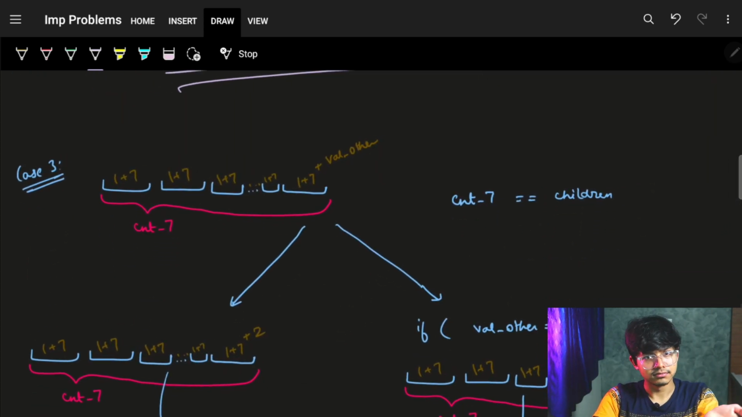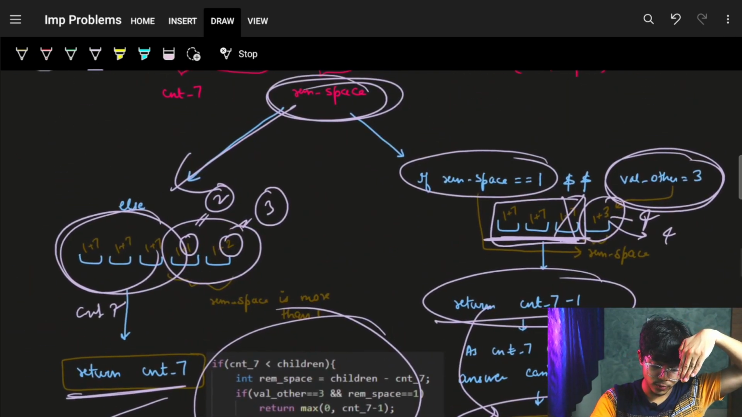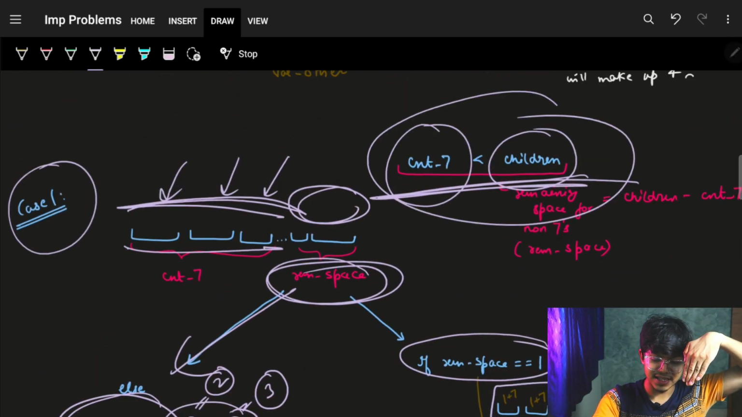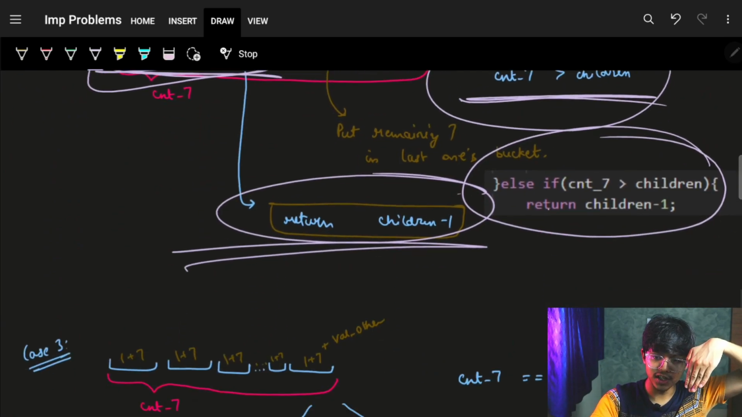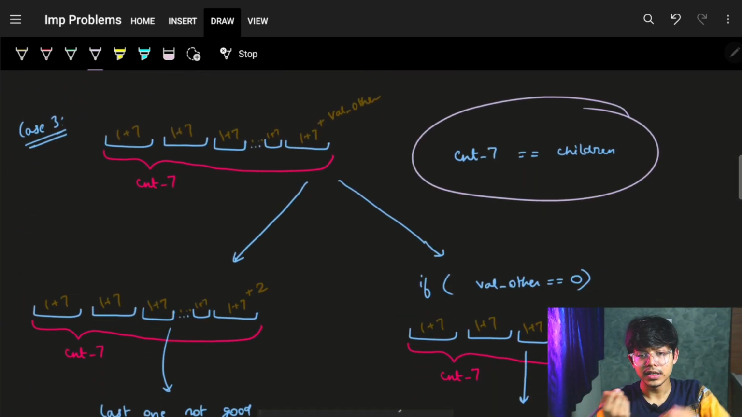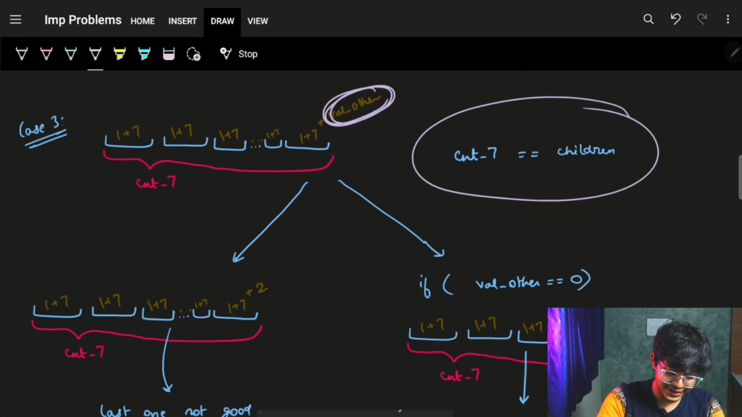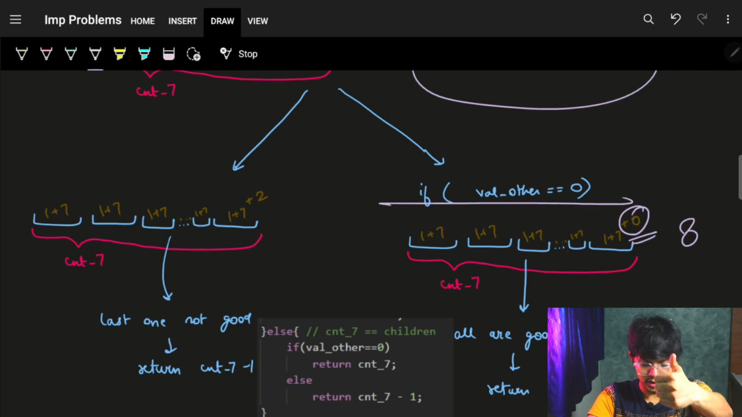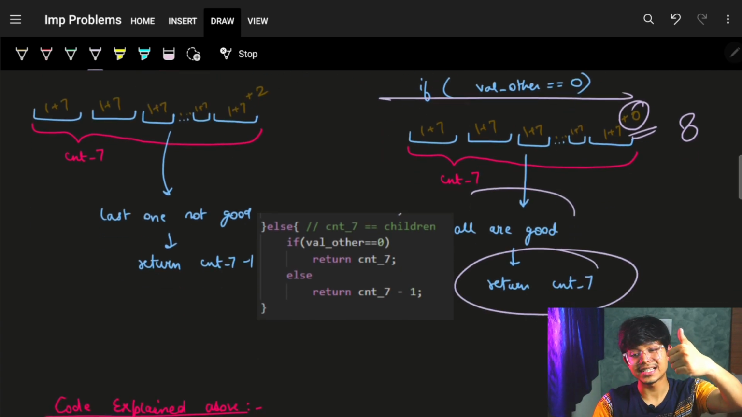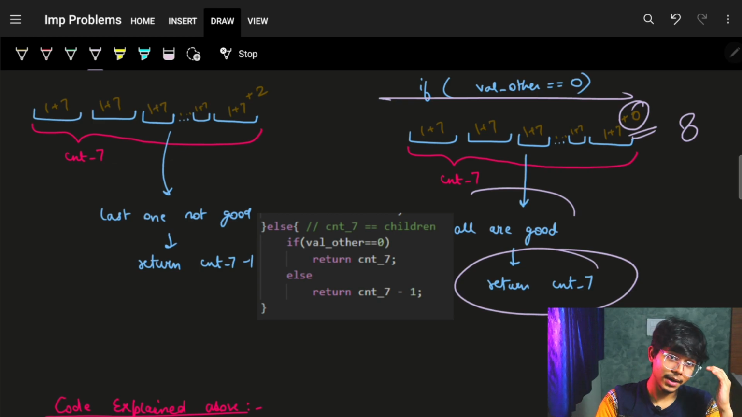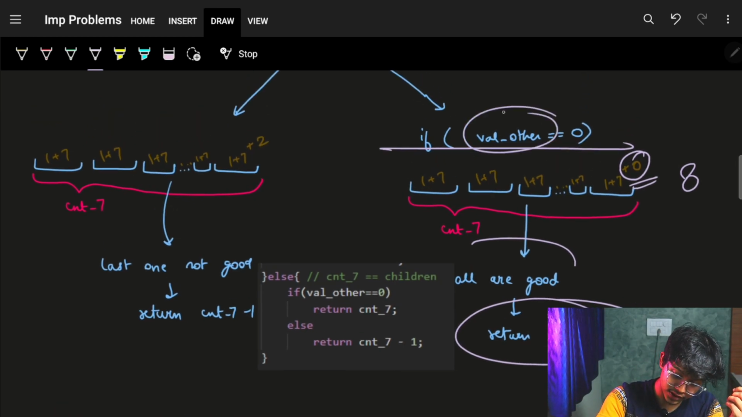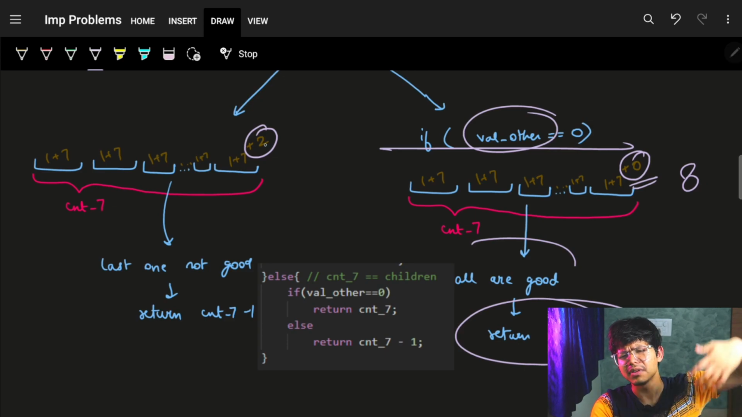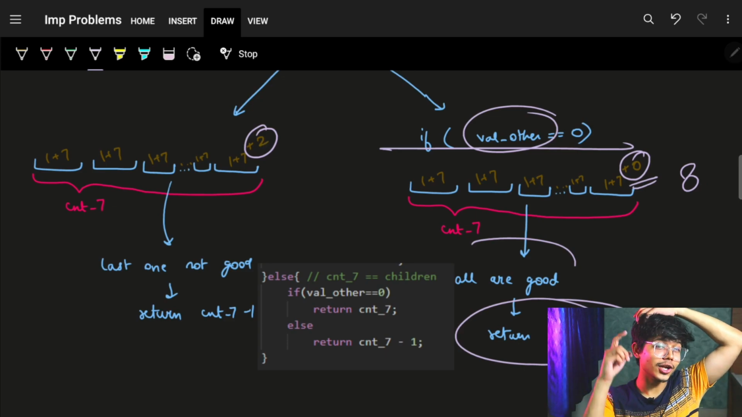And the last case: we saw if the count of 7 is less than the children, or more than the children, now we will see if it is equal to the children. If it is equal to the children, then what if the value other is 0? Then I can simply add a 0 and I can just get an 8. I'm good. So I can just return the count of 7. But what if this value other is something like 2, 3, 4, anything? It will not